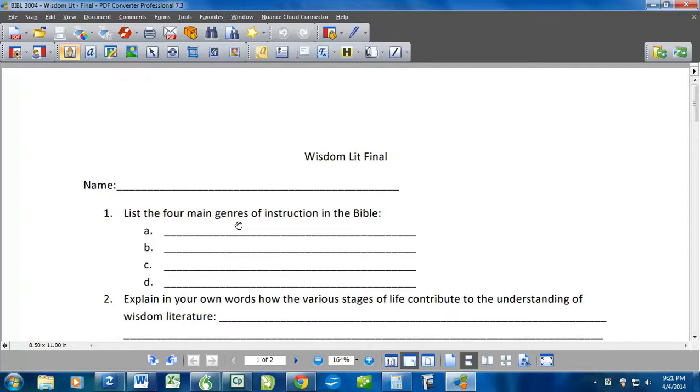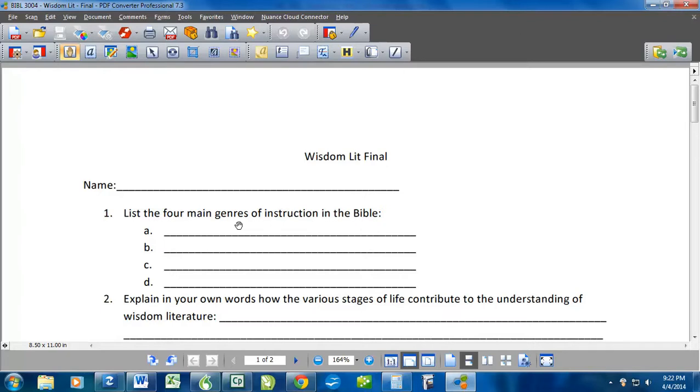So basically what I'm looking for there is, you've got historical, right? So the types of ways that the Bible instructs. So historical, the whole beginning of the Old Testament, from Genesis, all the way through the lives of King David and all the kings. Much of that literature is all historical, but it's still instructional, right? So historical, the